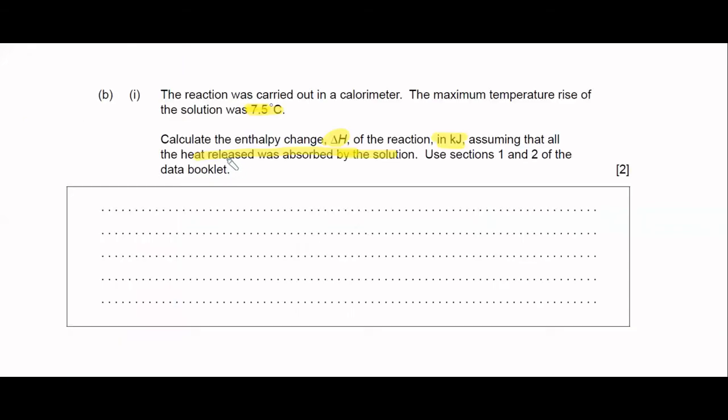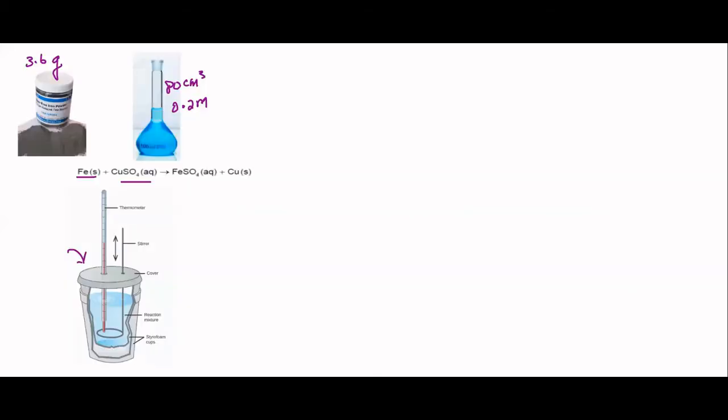See, in the question, it is highlighted that heat is released. So we need not be confused about whether heat is released or absorbed. The question clearly indicates there is a rise in temperature, because it is already said that heat is released and the temperature rise is also indicated in the question itself. So we need not have a second thought about whether it is exothermic or endothermic. It is exothermic only. Now let's see how to go about the calculation.